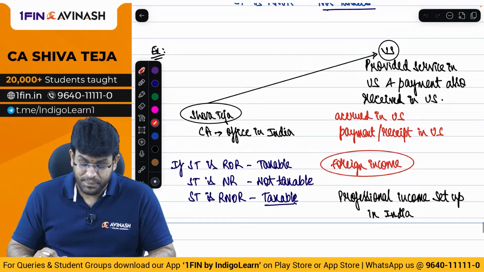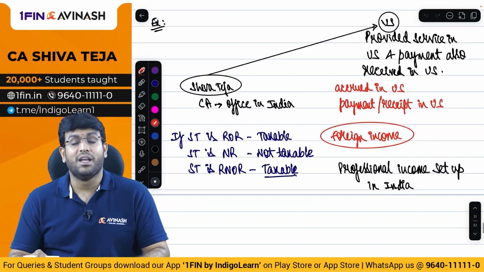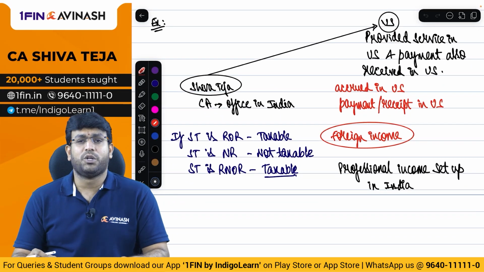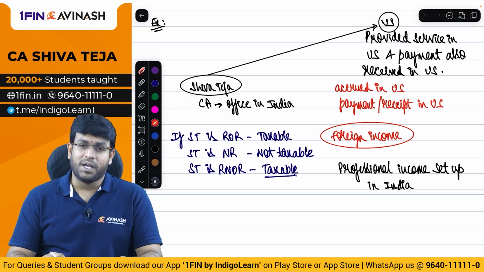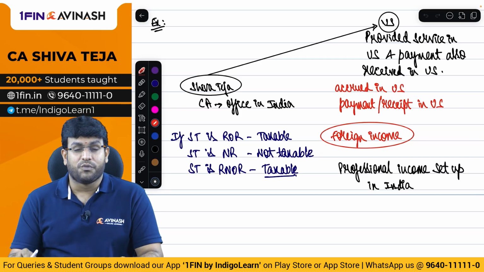So what we'll do now is, before we proceed to next discussion about section 7, section 9, which talks about incomes deemed to be received in India, income deemed to occur in India, let's once solve some questions and become perfect. Before that, let's once again recall the residential status of individual.